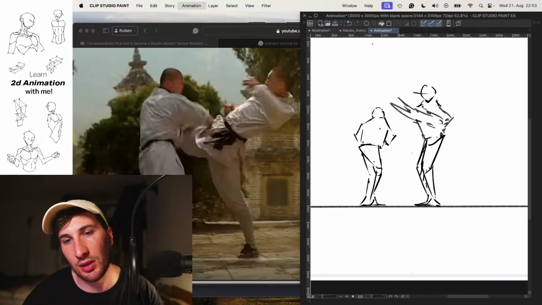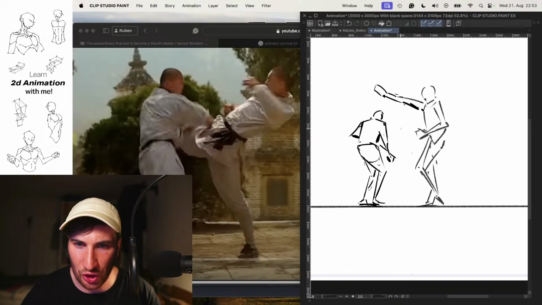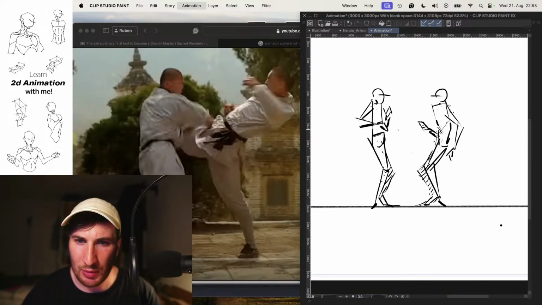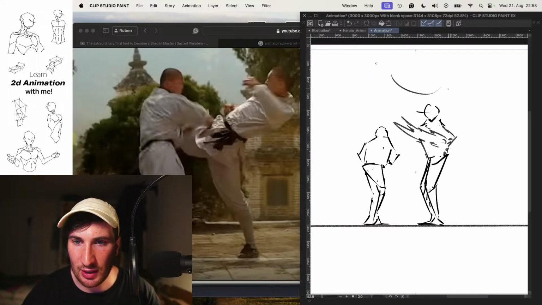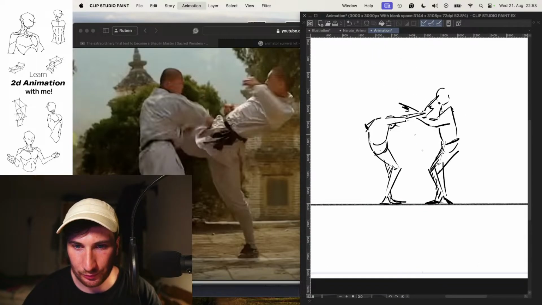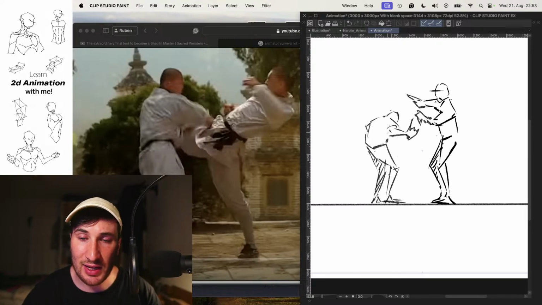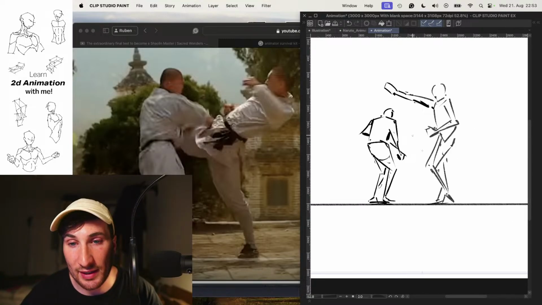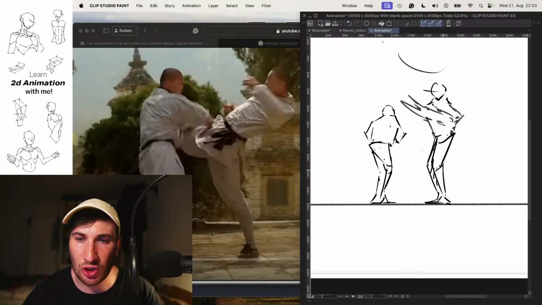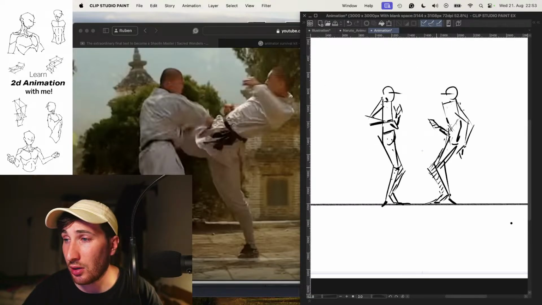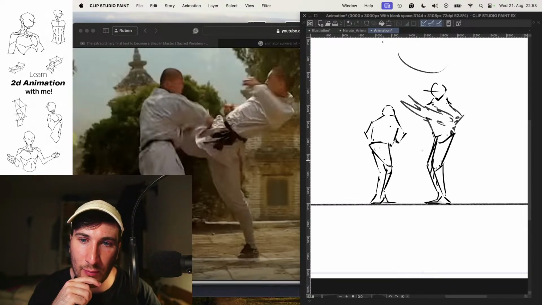So let's do a little review. We could, of course, be a little bit more consistent with our figure in general and how it's looking. But other than that, especially with smears here, having a smear like that in an arc direction, then also seeing how the feet are moving just a little bit. Especially when they're fighting so fast, the feet actually stay a little bit in the same position. And we skipped also a lot of frames, so sketching more or less only the key drawings with a couple of breakdown drawings,